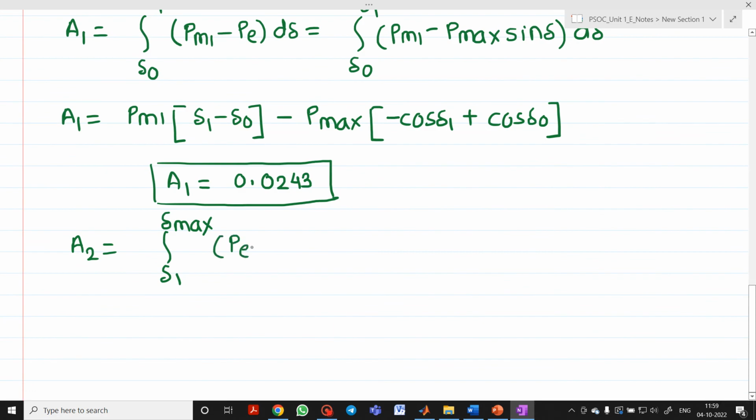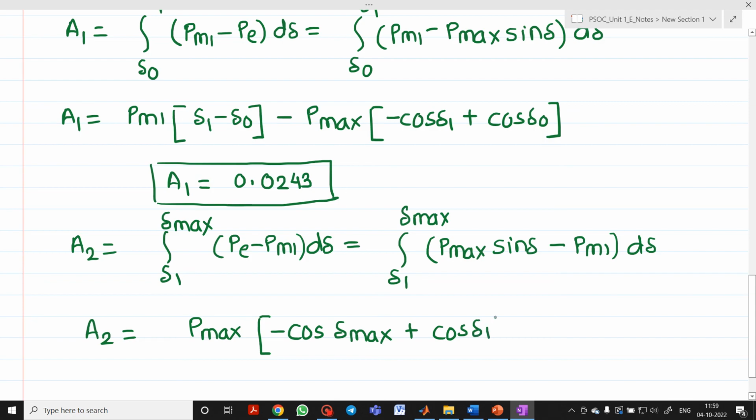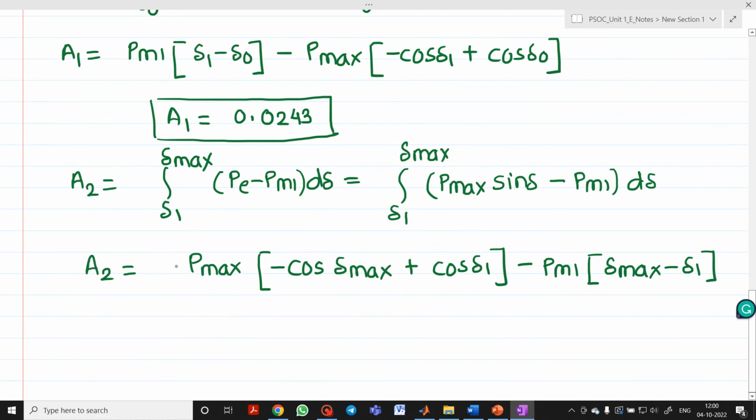So therefore, how can you write the formula? It will be PE minus PM1 into d delta, from delta 1 to delta max. PE means it is P max sine delta minus PM1 into d delta. So if I substitute all the limits, then what will I get? P max will be as it is into bracket. Now integration of sine is minus cos, so upper limit will be minus cos delta max, minus minus becomes plus cos delta 1, minus PM1 into bracket, upper limit is delta max minus lower limit delta 1. So again, you know all the values, you know P max, and we have already determined the value of delta max and delta 1. So please substitute this and calculate the answer for A2. It comes out to be